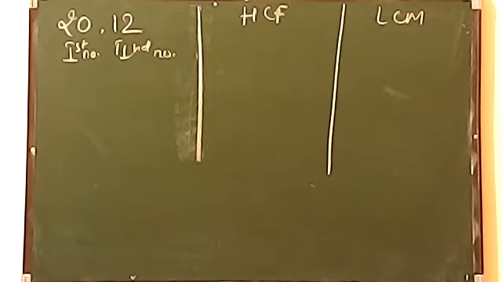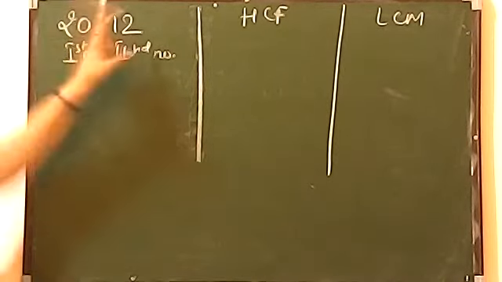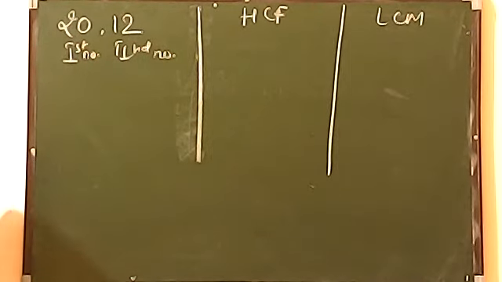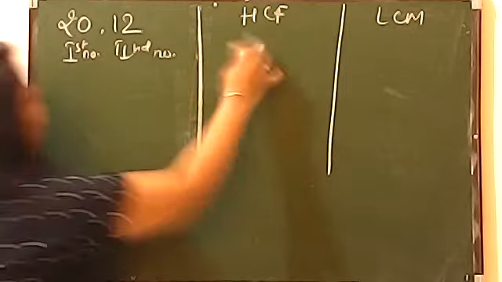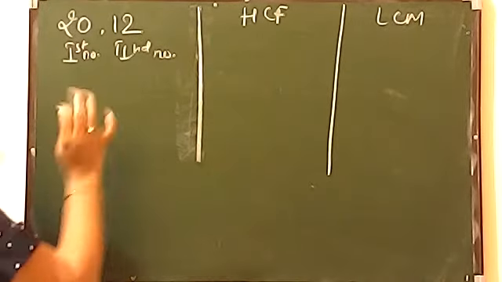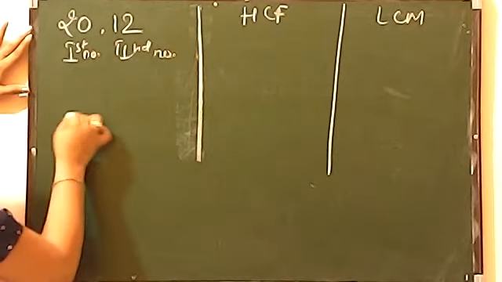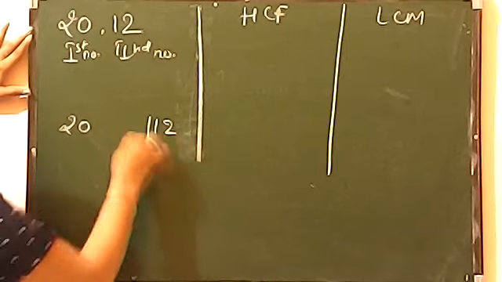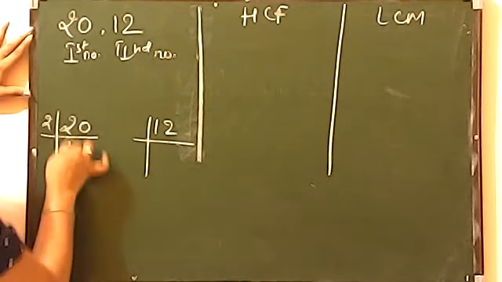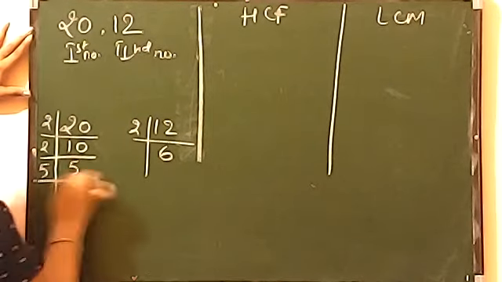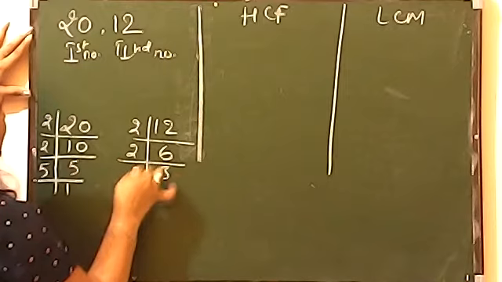So dear students, I'm going to discuss the second property with you all. According to the second property, I gave you two numbers, that were 20 and 12. And I told you that this is the first number 20, this is the second number 12. And I told you that you have to find the LCM of both the numbers. So let us try. First we are finding the HCF. According to the rule, 20 we will solve separately, 12 also we will solve separately. It will give you 10, this will give you 6, this will give you 5, and then here it will give you 3 and this will give you 1.